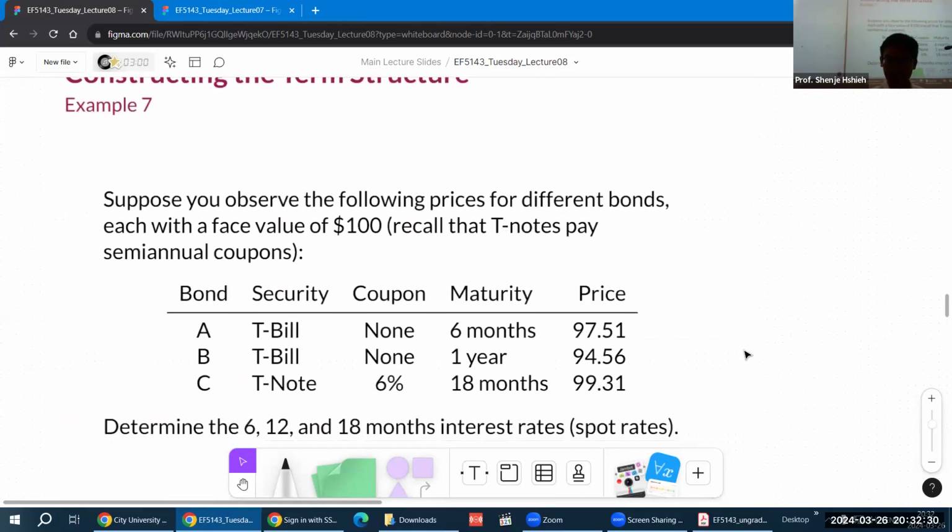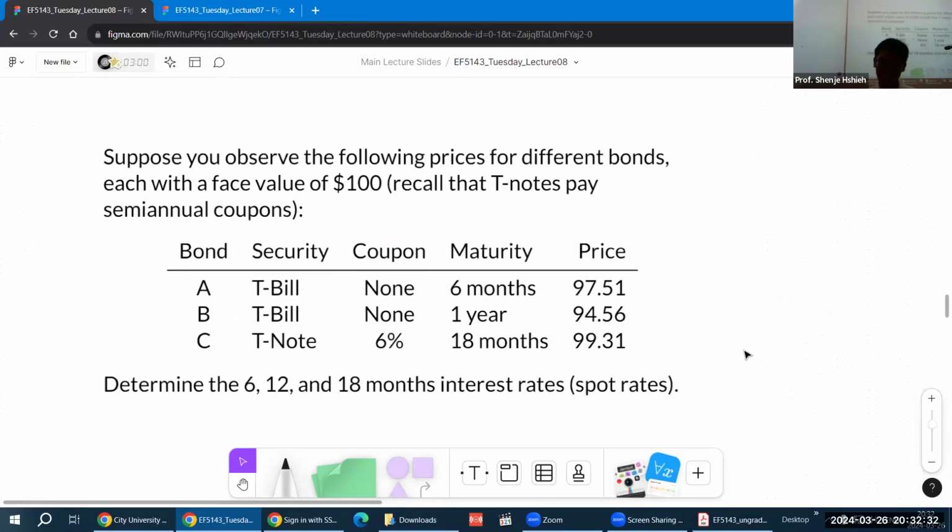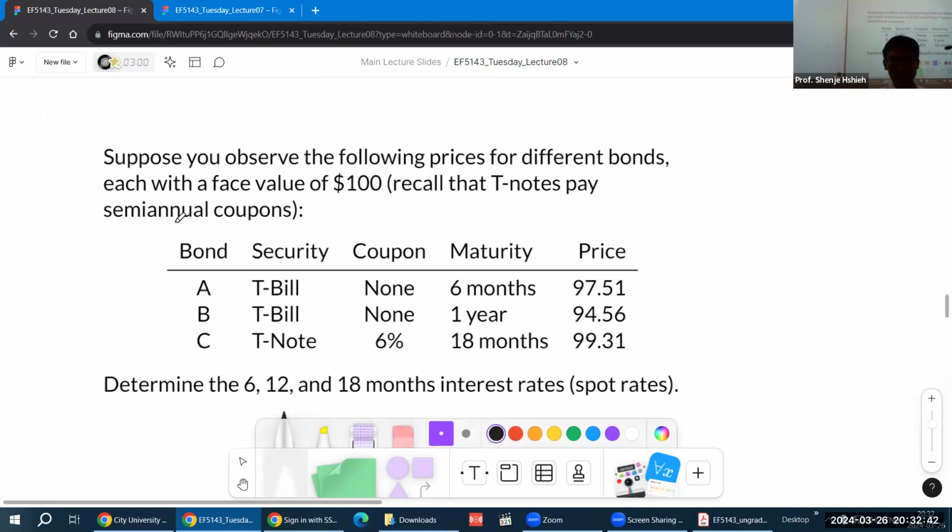All right, so for this question, I'm just going to tell you the answer, okay? So here, a little bit more complicated. You have the following prices for bonds, each with $100 face value. They have semi-annual coupon payments. They occur at 6, 12, and 18 month intervals. And so only C has coupon payments. Everything else is one single bullet payment, and we're given prices. So how do you formulate, how do you solve for